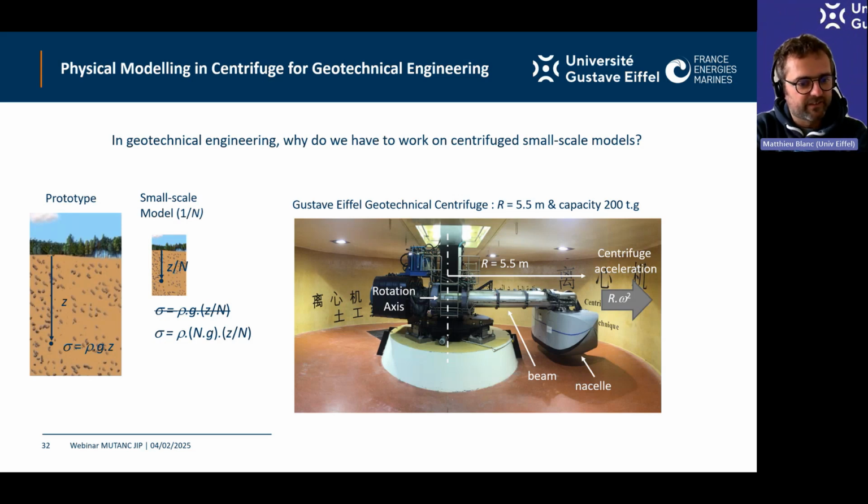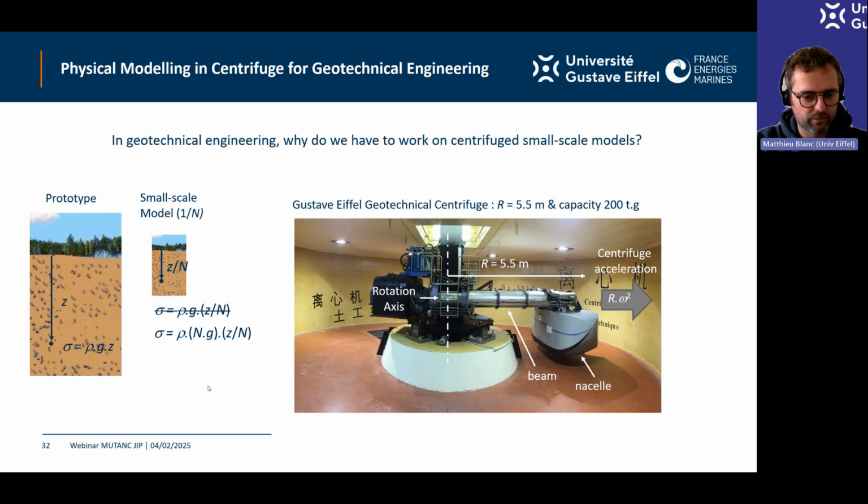model. To have this acceleration, the facility we use is a geotechnical centrifuge. On this picture, you have the centrifuge of the Gustave Eiffel University. It's a geotechnical centrifuge because we can put 2 tons in the basket, and these 2 tons can be spun up to 100 times the Earth's gravity. So at 100 g, we can divide the scale of the model by 100. The radius of this beam centrifuge is 5.5 meters, and the acceleration is equal to the radius multiplied by the